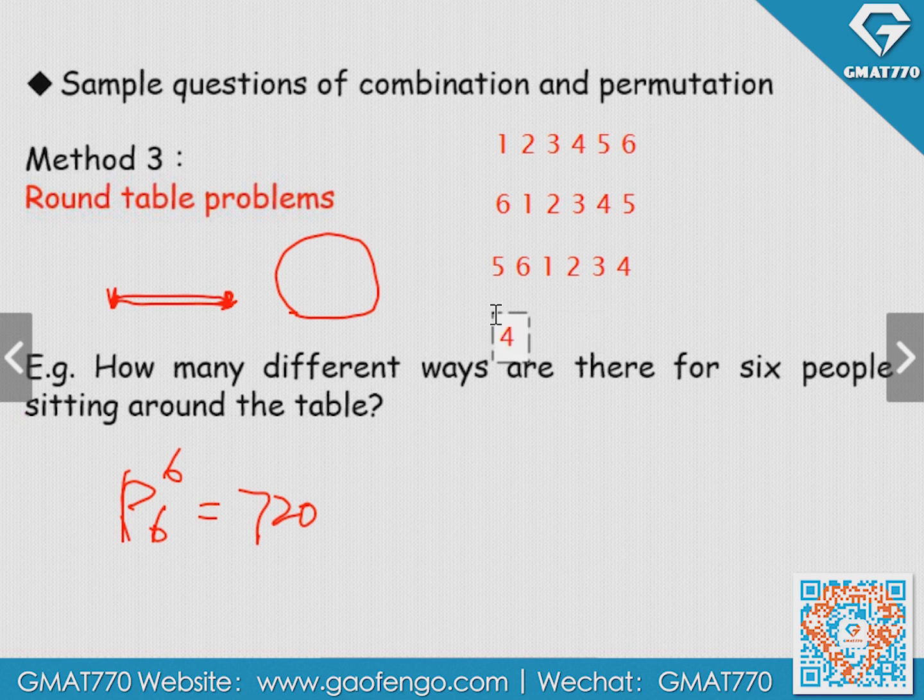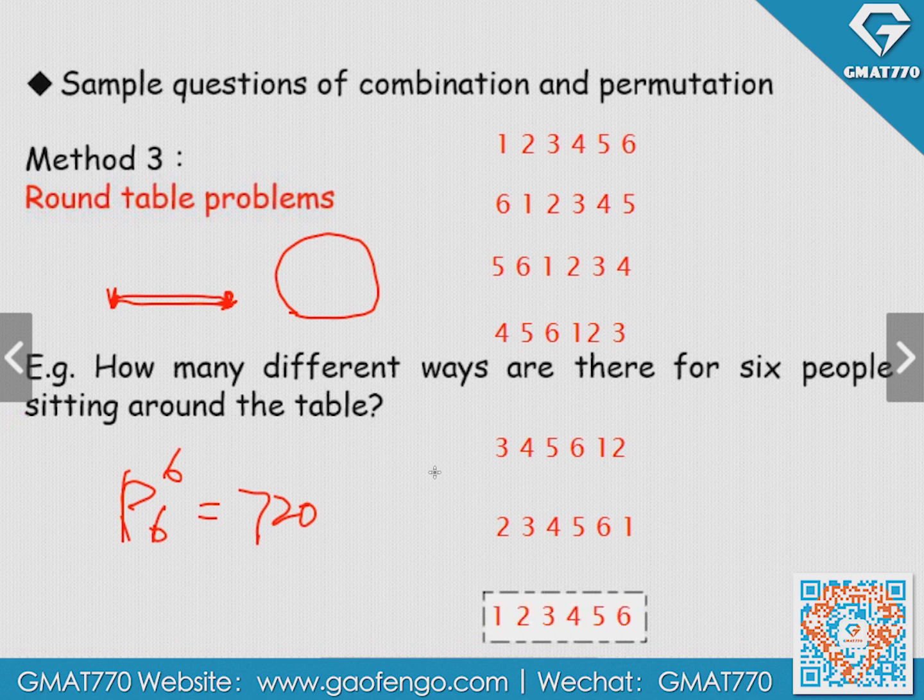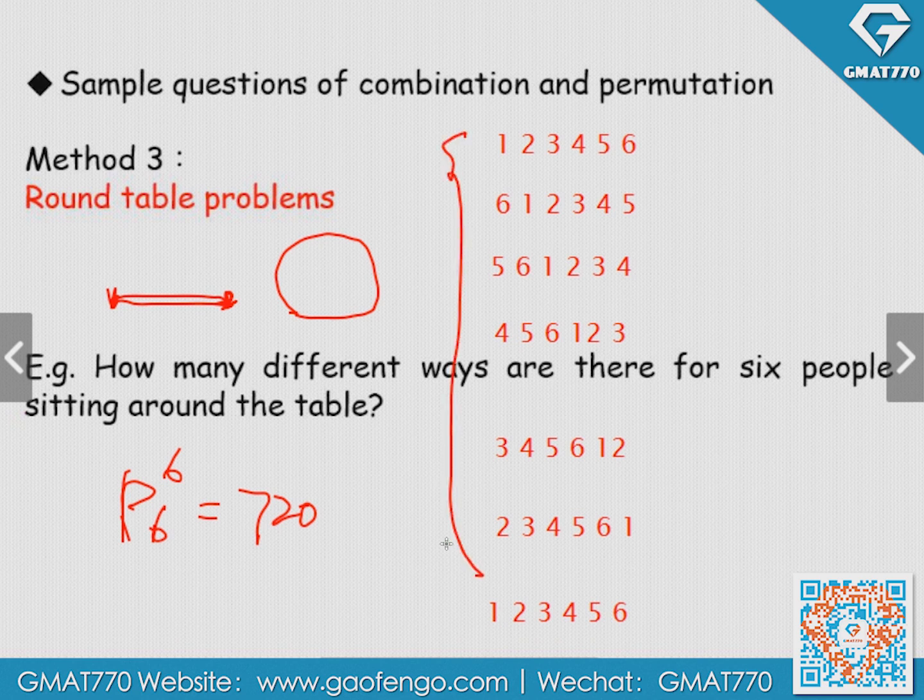And then 4, 5, 6, 1, 2, 3. And then 3, 4, 5, 6, 1, 2. And then 2, 3, 4, 5, 6, and 1. And then the next time it's going to change back into 1, 2, 3, 4, 5, and 6. So there are 6 different sequences for people sitting along the line, but actually if you connect